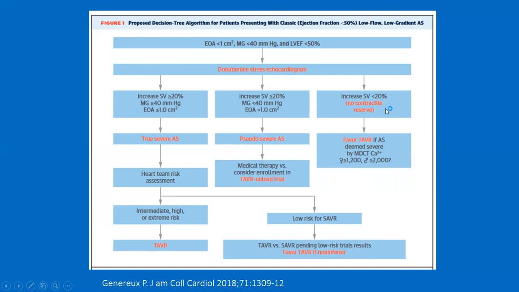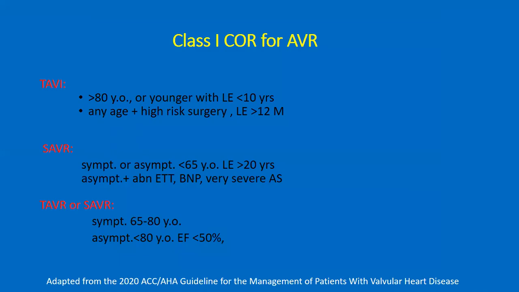Patients without contractile reserve favor TAVI if aortic stenosis is deemed severe, based on multi-detector computerized tomography with a calcium score in women equal or more than 1,200 Agatston units, and in men equal or more than 2,000 Agatston units. So class 1 recommendation for TAVI, simplifying these